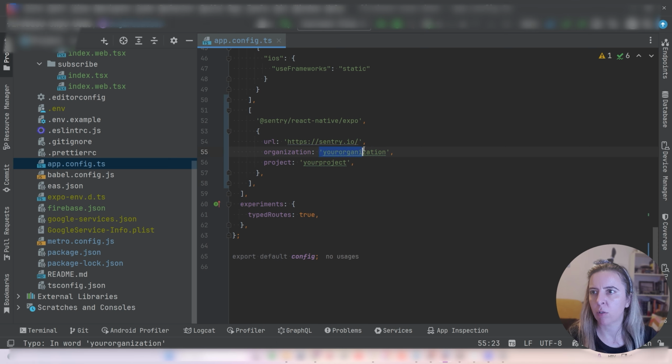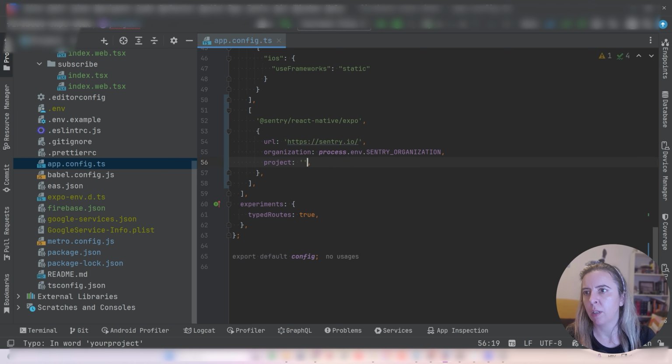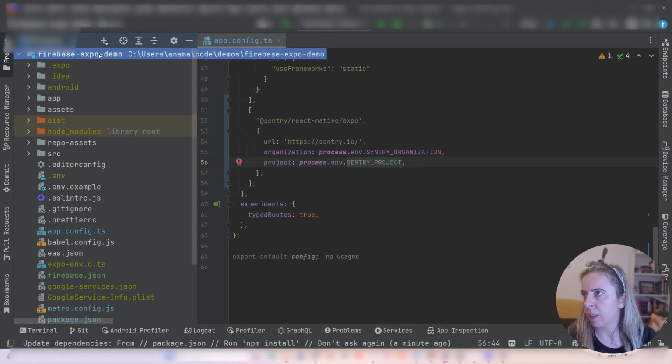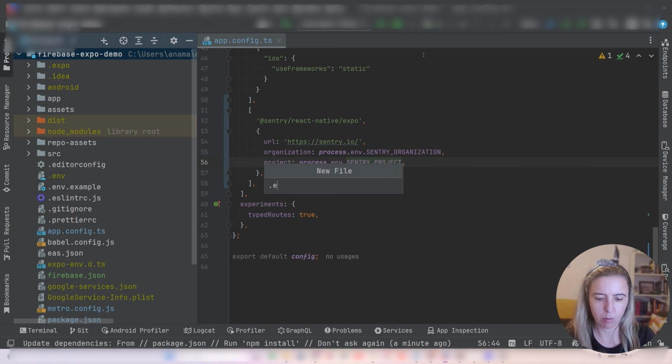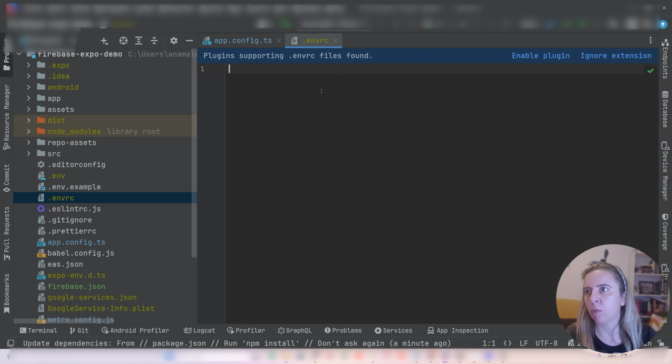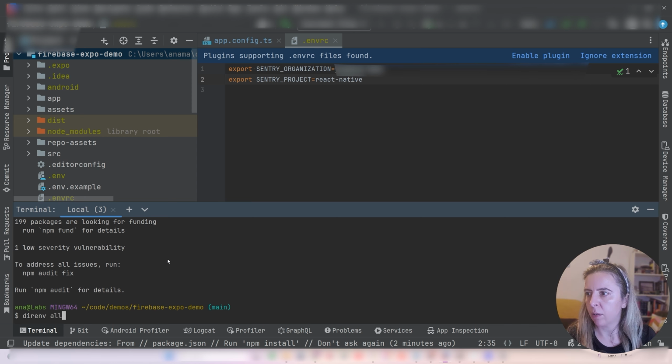My organization will be Sentry Organization, and my project will be called React Native, but I will rather put it in the process environment, and it will not go into the .env file. It doesn't need to go there. It will go to my direnv environment, and direnv has nothing to do with Expo. It's a useful tool to have environments per folder, and I advise that you install it. It is very useful. My Sentry project is called React Native, and I will load it with my direnv, and